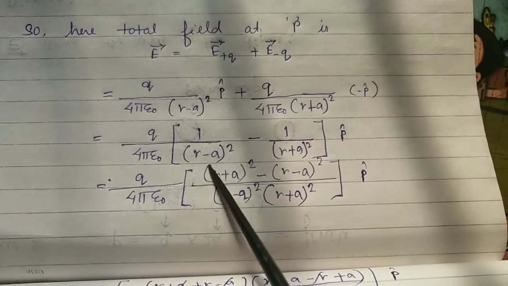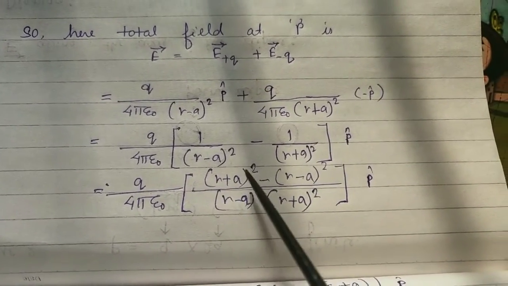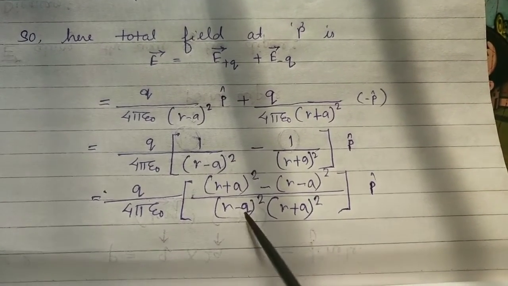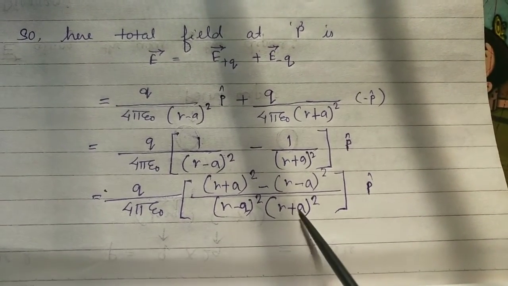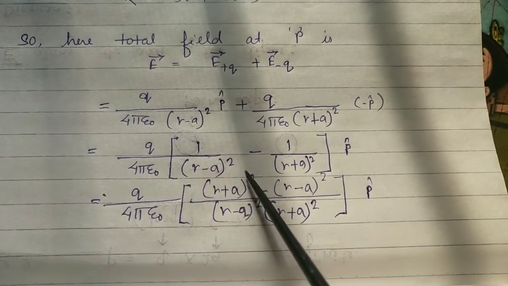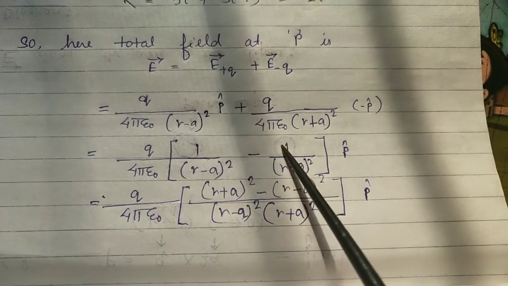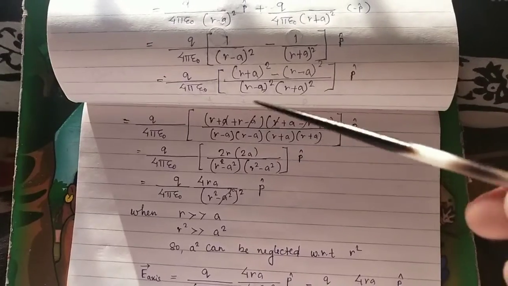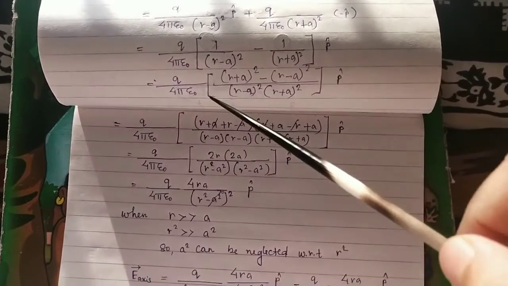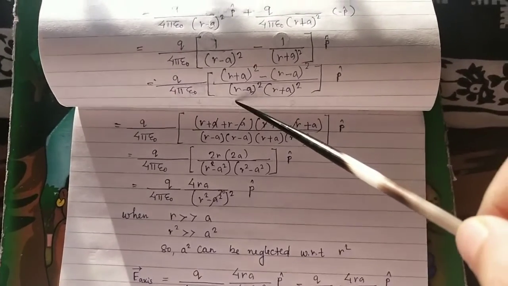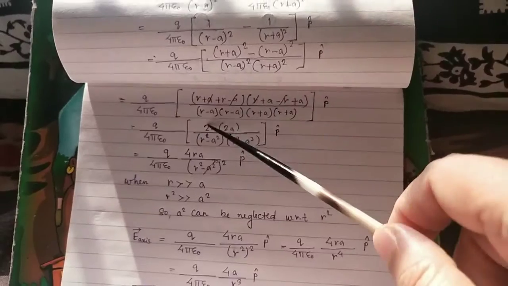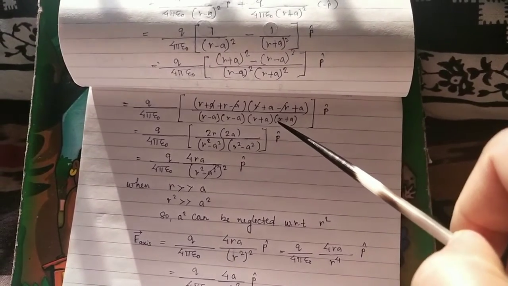So the denominator, this is all mathematical, you can understand it on your own. The denominator is r minus a square and r plus a square. So I have taken the LCM r minus a square r plus a square. Here the numerator will be r plus a square minus r minus a square. So you see how I have solved the numerator, and the denominator is very easy. The denominator is r minus a square r plus a square, I have written it twice, that is r minus a r plus a into r plus a.